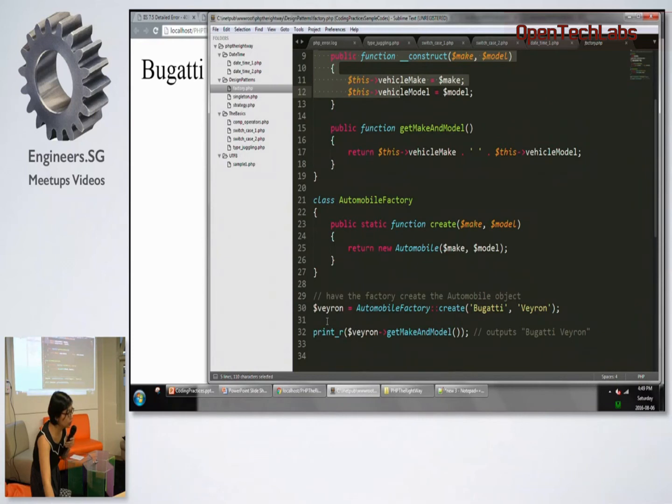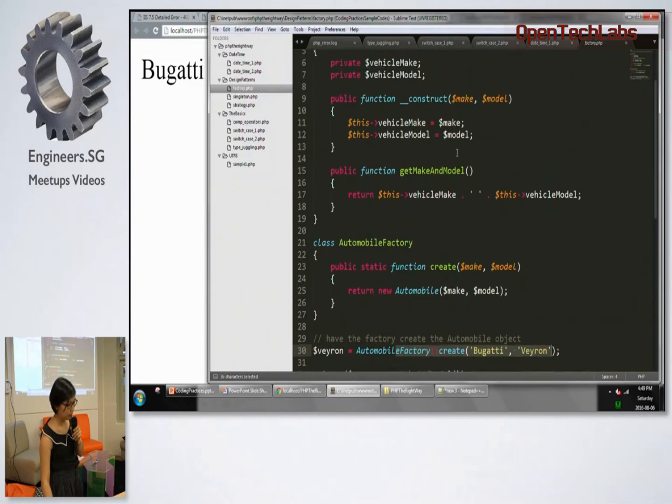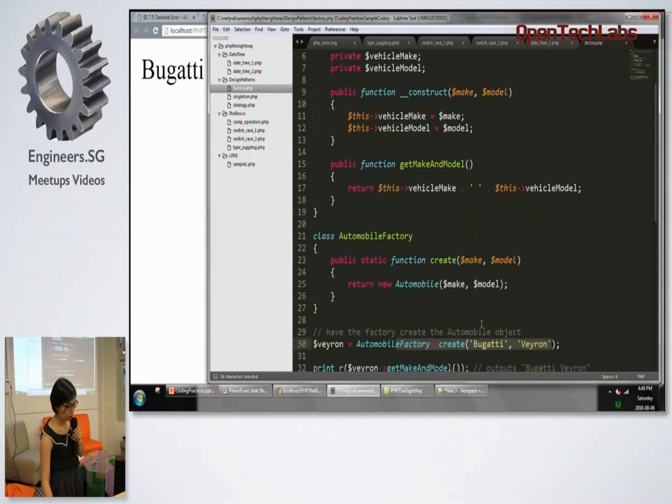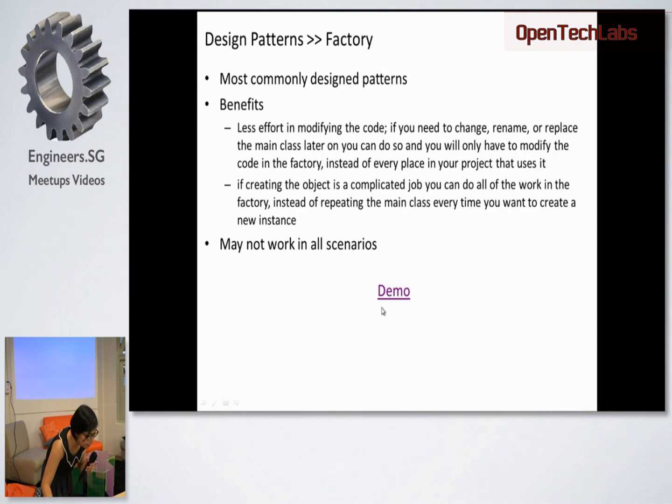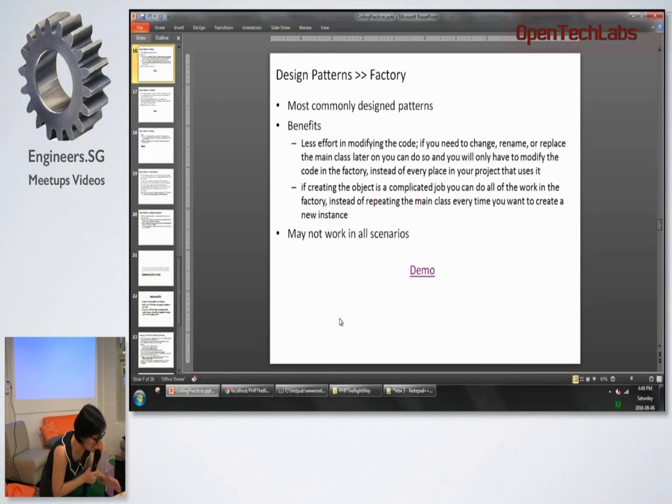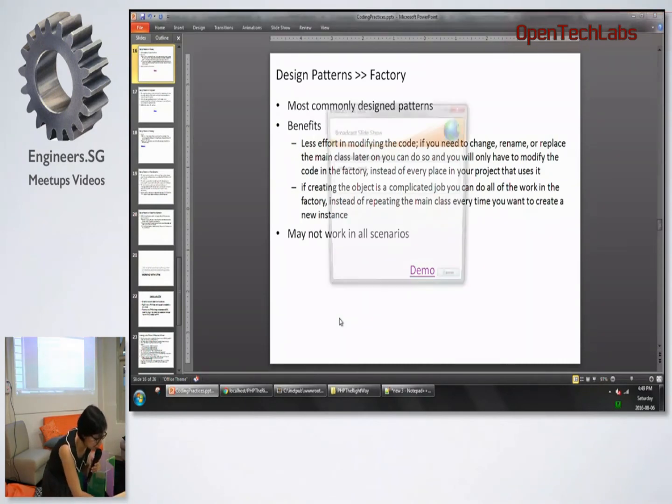So how do you instantiate or create that object? All you need to do is declare your variable and then create. If you print it, you will see this, Bugatti. Sorry, I only have one example for the factory. The next one would be